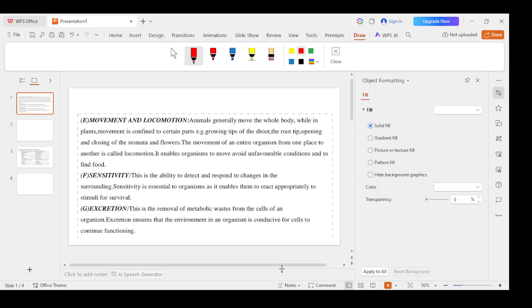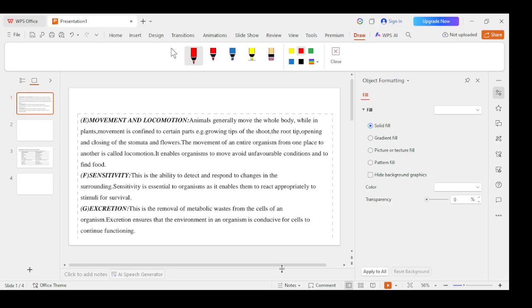So when a plant bends toward the light, it is responding to what? To the environment. Where there is light, that's where you see a plant bending. We also have roots growing toward water, for example, which we call hydrotropism. When you plant a root, they grow toward what? Where there is water. If on this side there is no water, then you will see the roots growing towards where there is what? Where there is water. So that is what we call sensitivity, in both plants as well as in animals.